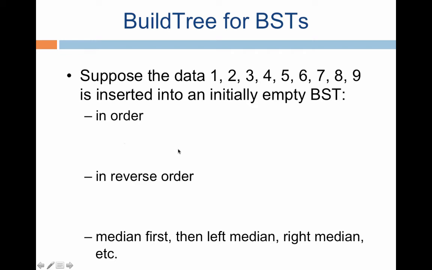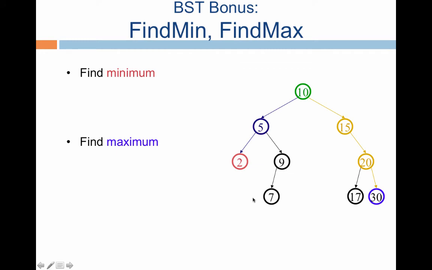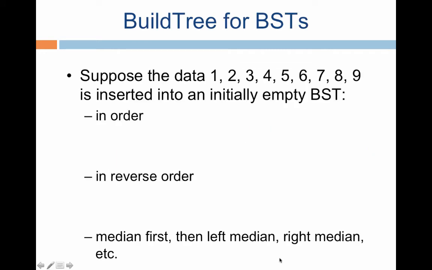Now you can imagine, here is a small exercise. You can check, if you insert it in this order or in the reverse order, what is the depth of the binary search tree. Similarly, if you inserted the median first, that is, the middle element, let us say it's 5, right? The median element is 5 here. You inserted 5 first, then you inserted the median to the left, which would be 3, right? Then the right median. Recursively, if you did this, what would be the depth of the binary search tree? This is a comparison that you must perform. So this is left as a small exercise for you to analyze and write down a formula for the depth of the binary search tree.